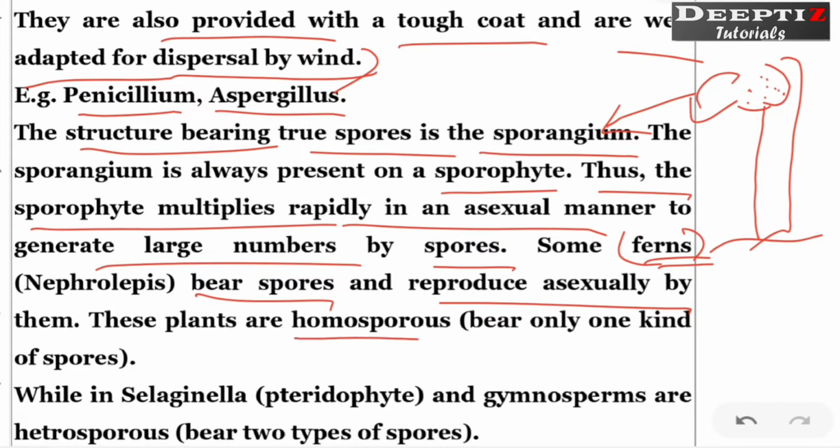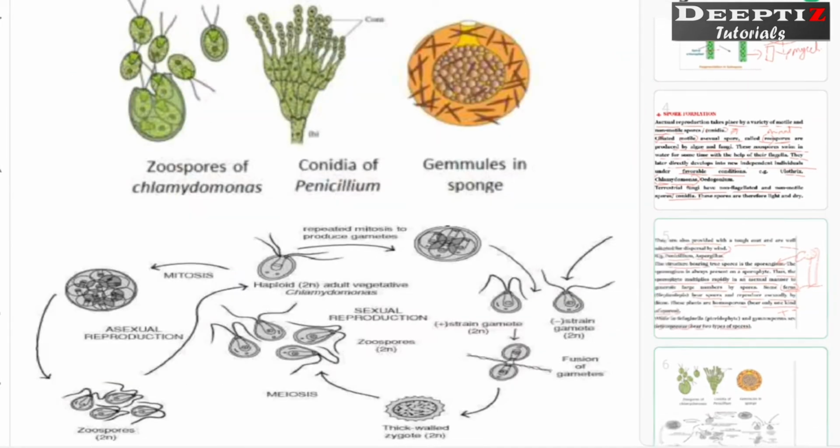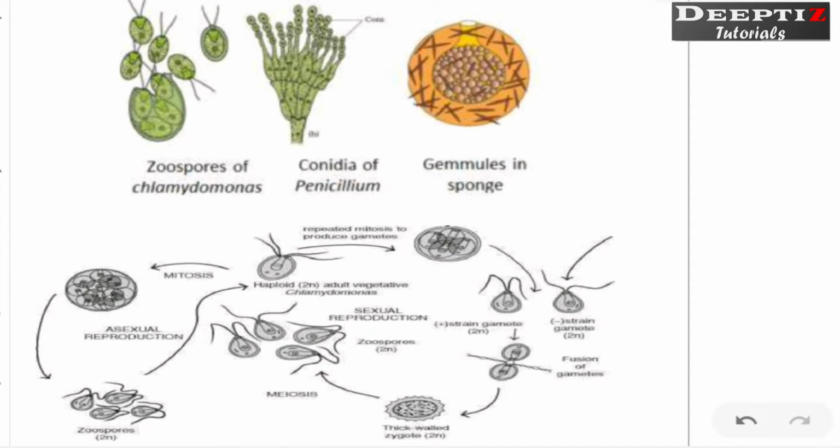These are homospores. If all the spores are of the same type, we call it as homospores. If these are of different types, like we are able to identify some difference between the negative or positive. Here you have to remember, spores we will not call as male or female. We call spores as positive and negative strains, right? Such spores we call heterospores. Now if you look at this image, you can see flagella-like structures are there.